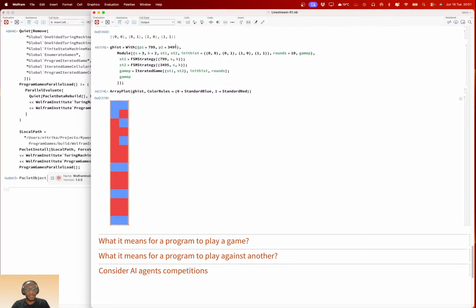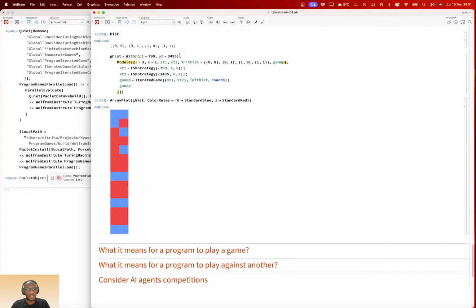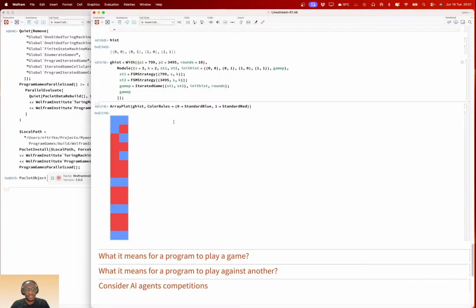Suppose we went more rounds than just 10 rounds. Okay, something is wrong. Oh, this is 10 rounds. Let's go 20 rounds. With 20 rounds, I think they're still repeating, which means that they're not doing anything interesting.